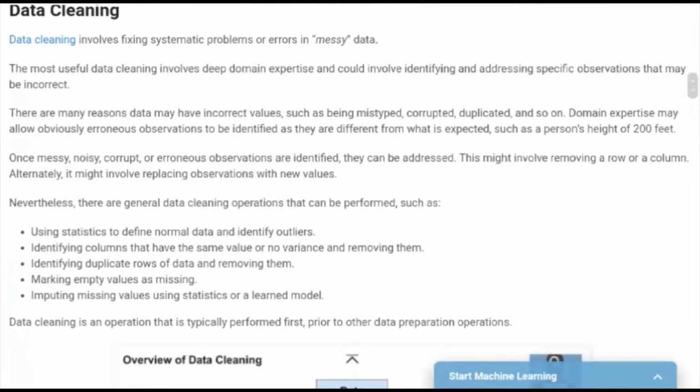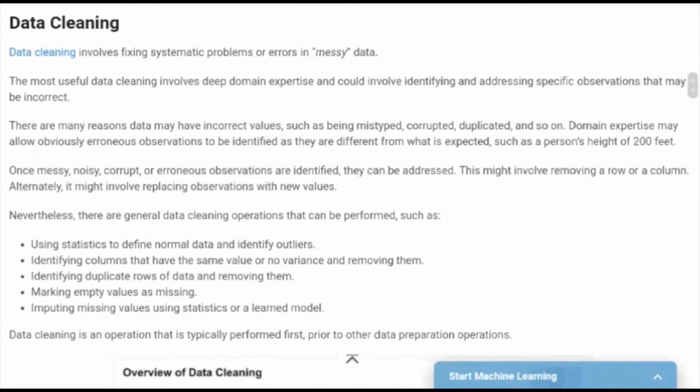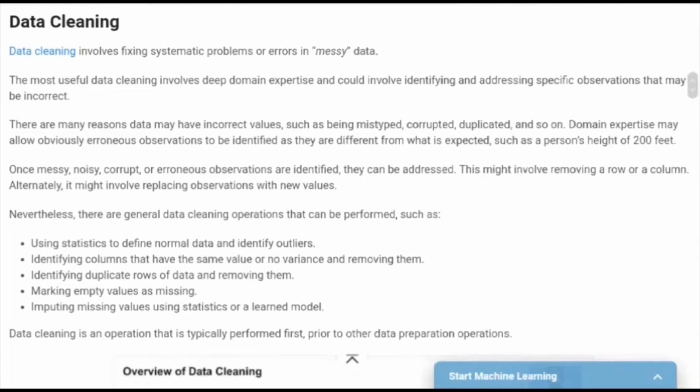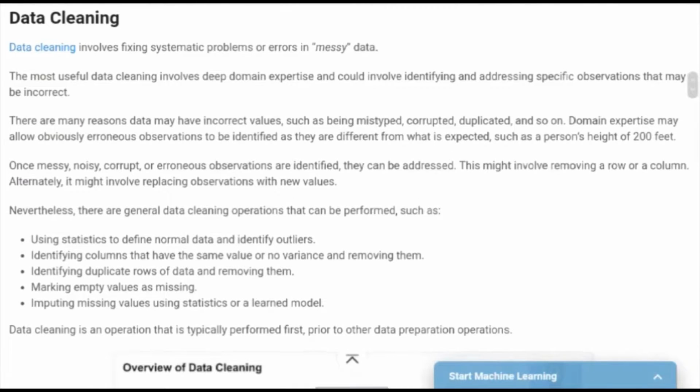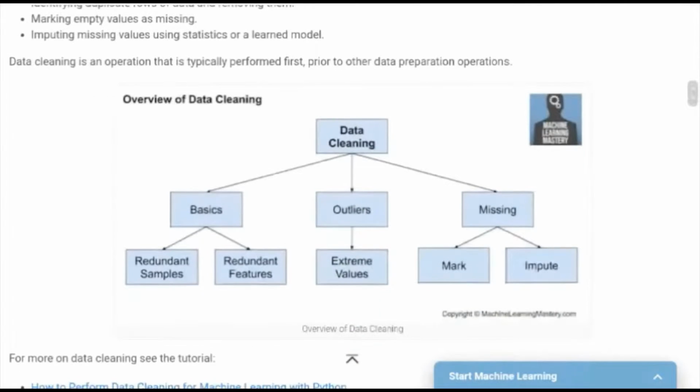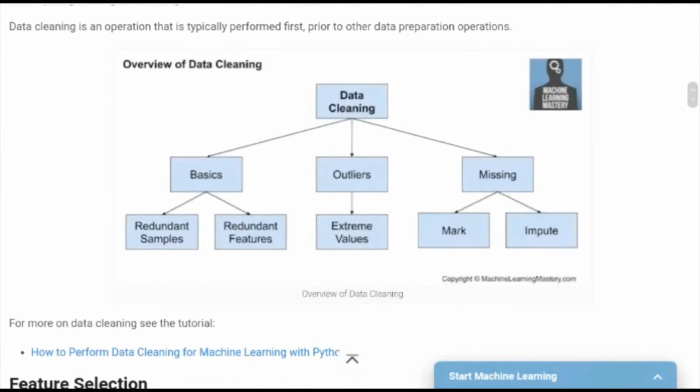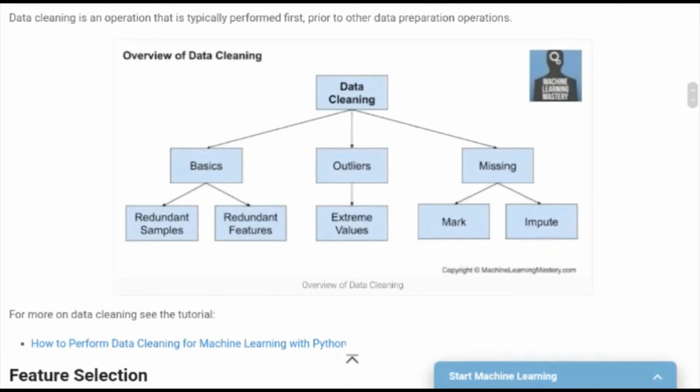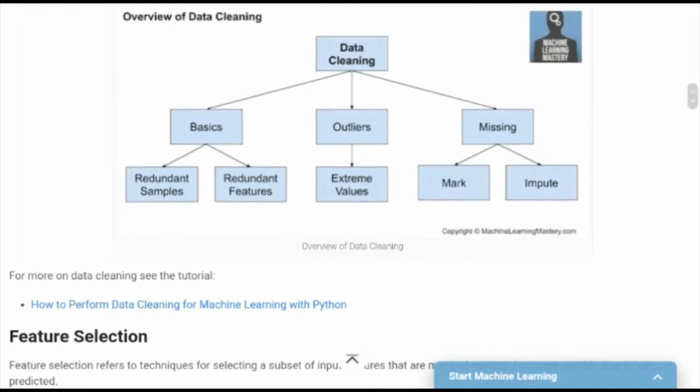So that thing will be removed. And we have detailed discussion in the previous lecture, how those missing values can be handled. So this is the overview of these data cleaning methods, in which we are having redundant samples, the outliers, the missing values, and how these can be handled.